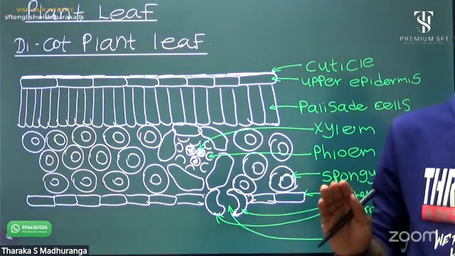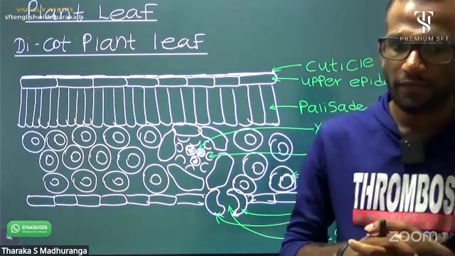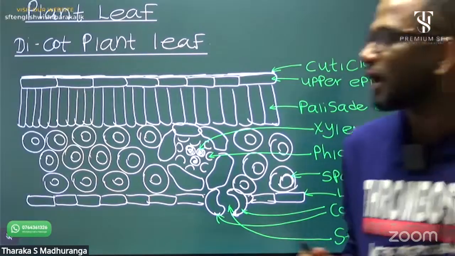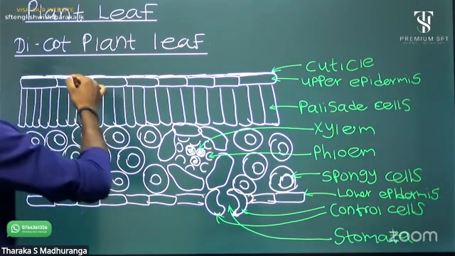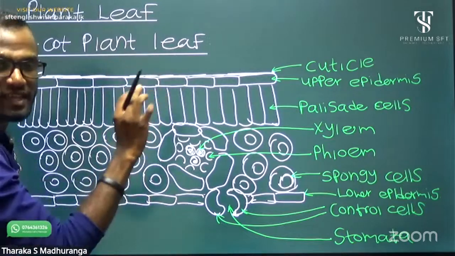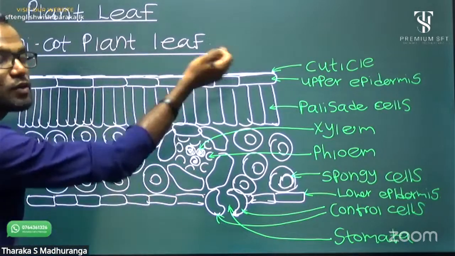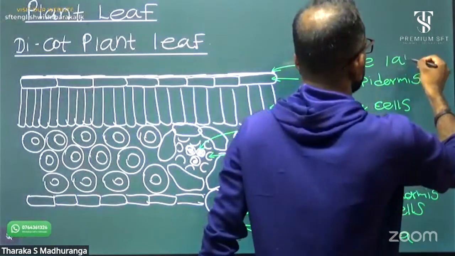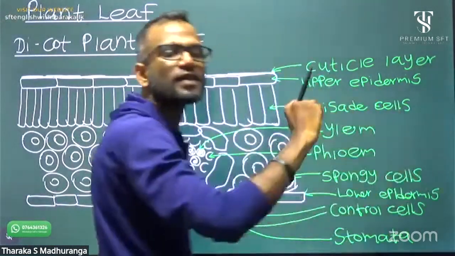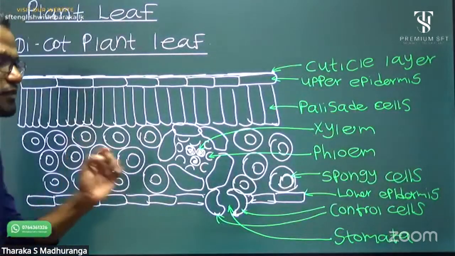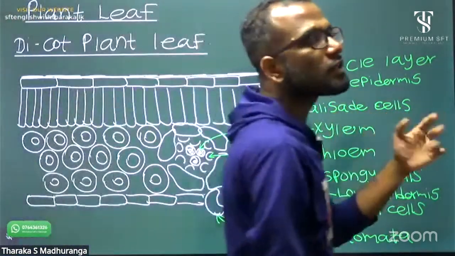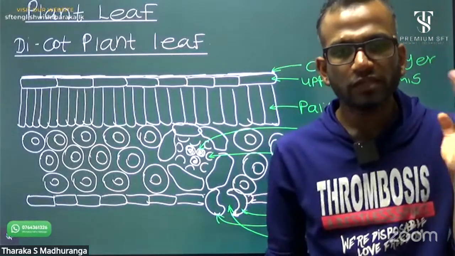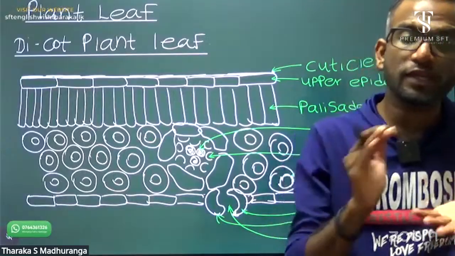If we don't do it this way, it's very difficult, right? Right. I will explain. The first part above is just a wax layer. It's a cuticle layer. Normally, this wax layer is important to reduce transpiration. Water evaporation is reduced by this cuticle layer.